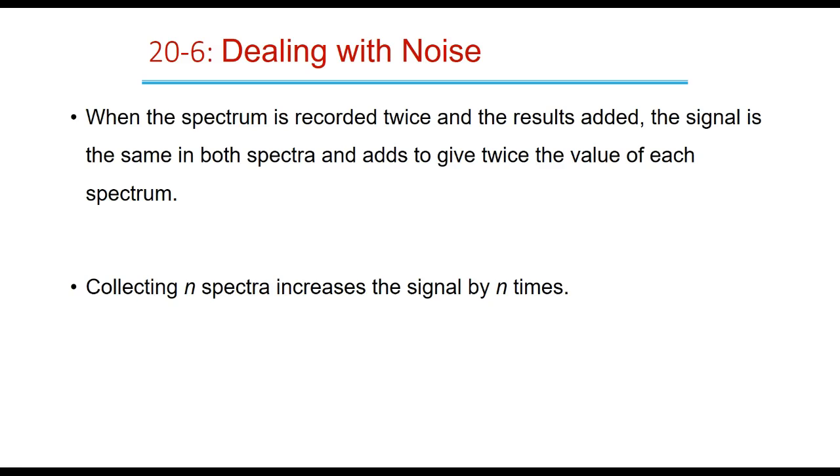Now, when we take a spectrum and we record it and we add the results, so let's just say that we do 2 spectral scans, we add the results together. Well, if you just add the results together, then you're just going to get the same spectra and it's going to be twice the value, right? So if you collected n spectra, it increases the signal n times. Well, okay, but